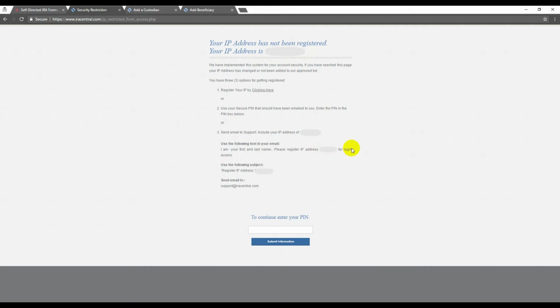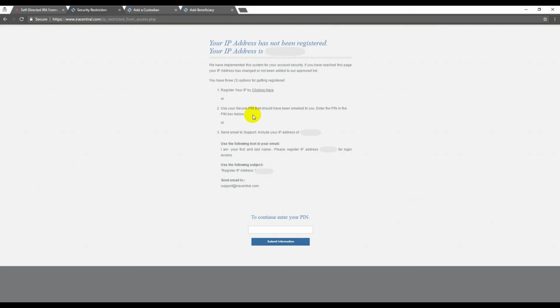You can just simply click here and put in your IP address that is located here, here, or even here. Now, I have removed our IP address so that you cannot see it, but just take that number that is there and add it in after you click here. If you do not want to do that, you can use a secure PIN, and that secure PIN should have been emailed to you, but remember, we just barely set up our account, so it could take 30 minutes to an hour to actually see that